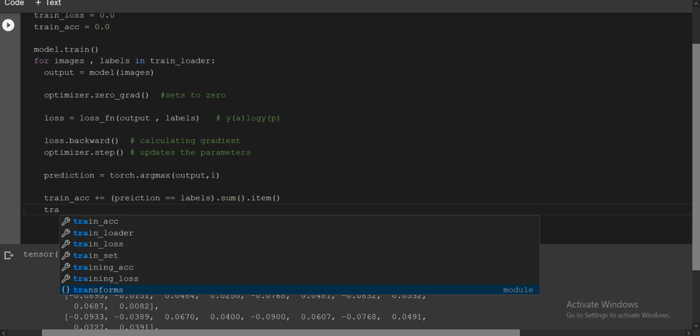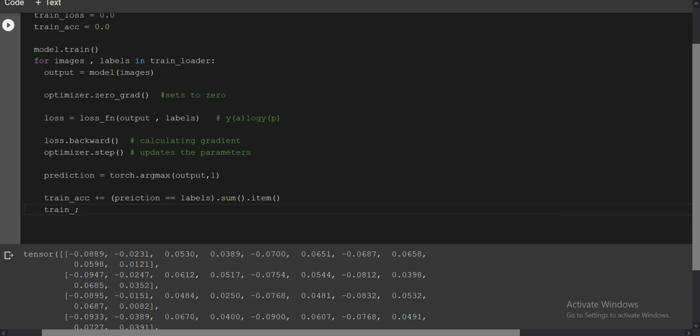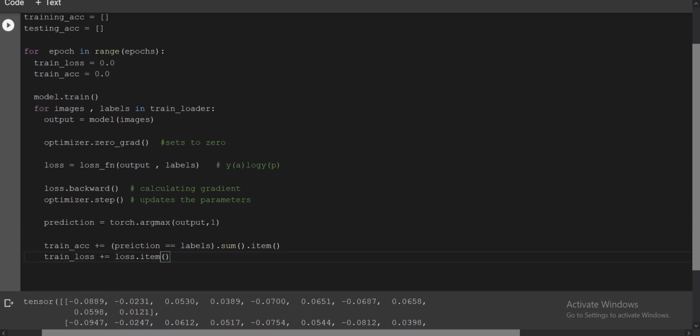Now you will calculate the loss. Similarly, you can do it for the loss. What you will write here is loss equal to loss dot item. Basically, every time it will give you loss dot item for the particular batch. After calculating one epoch, you will take the total number of parameters and see how much loss or how much accuracy there actually is. That is how we calculate it.